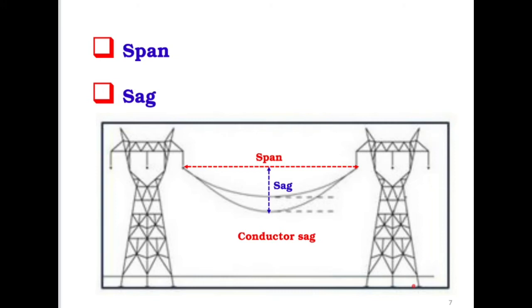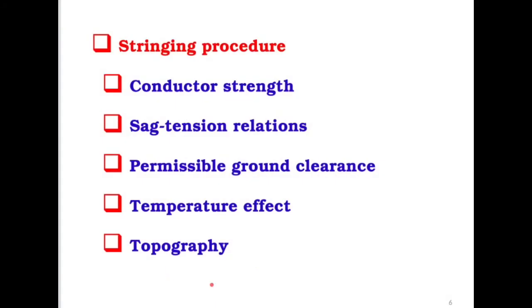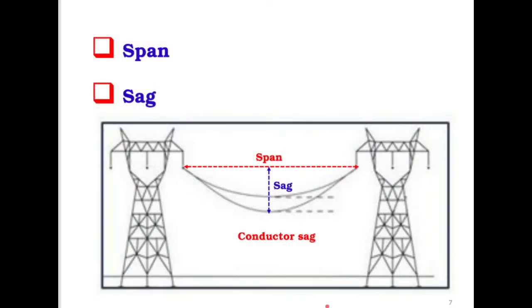So if the land is not plain, if it is high here, low there, then we put the tower here. So the curve will look like this. It won't be looking nice like this one. So in that case, the lowest point of the conductor is not going to be located at the middle point of the span. That is also very important to know. And we'll do some tutorial in that regard as well. That's the topography part.